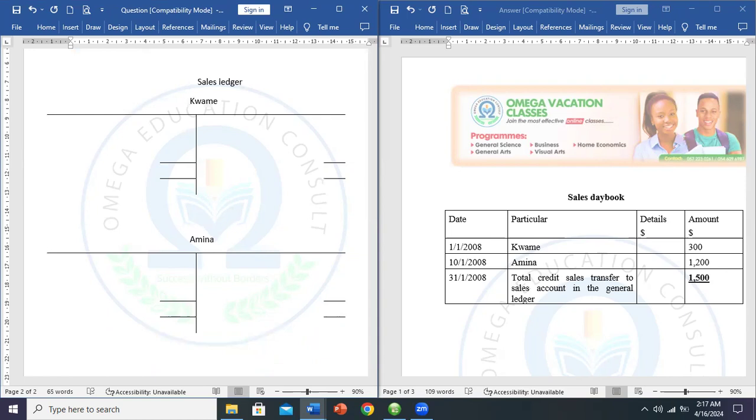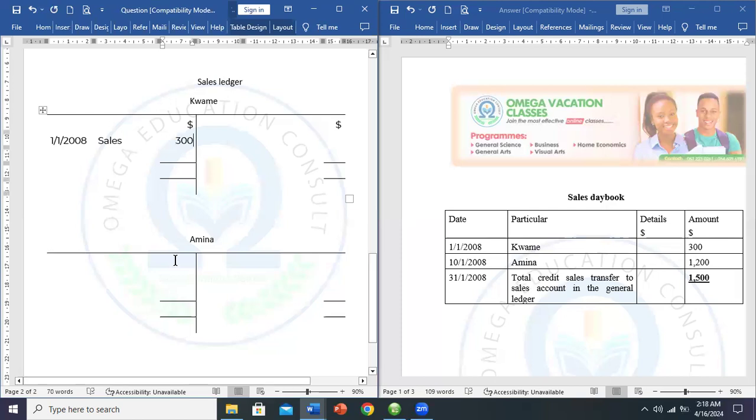So what we do is we debit these debtors. So on the first, your currency should always be in your account. If you forget it, you will lose marks. So 1st January 2008, narration will be sales. Amount is 300 for Kwame. In case of Amina,